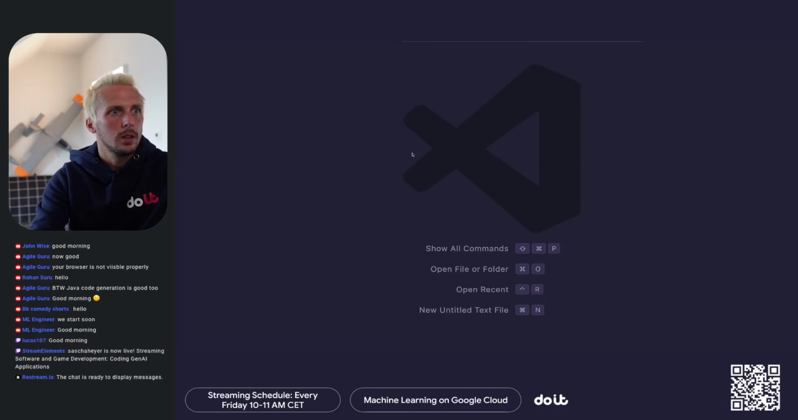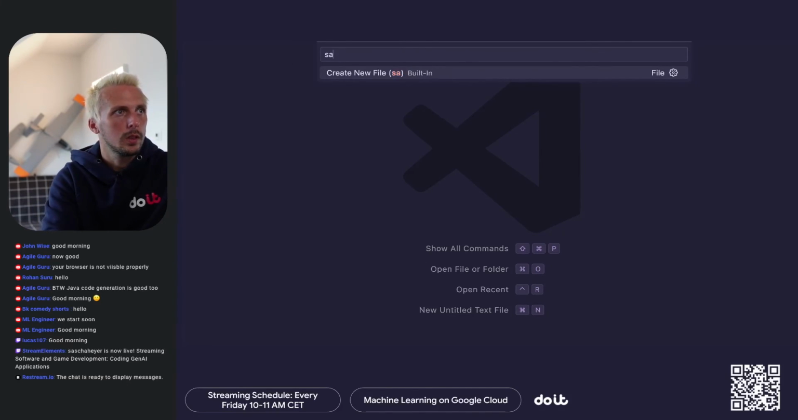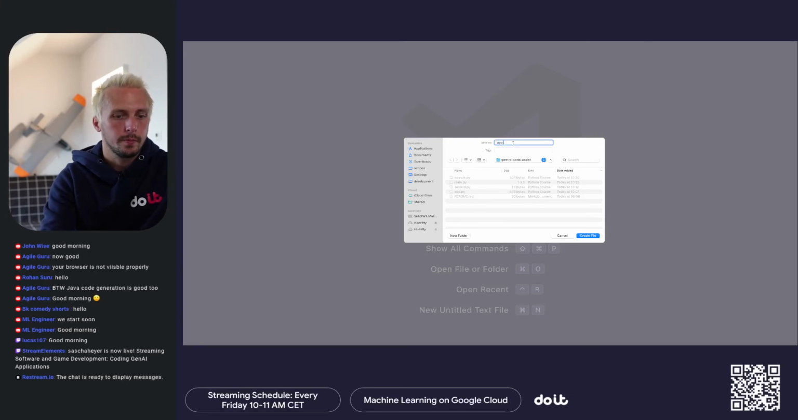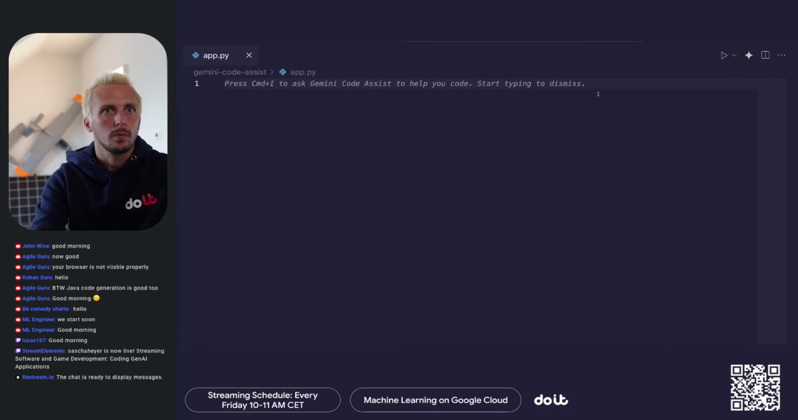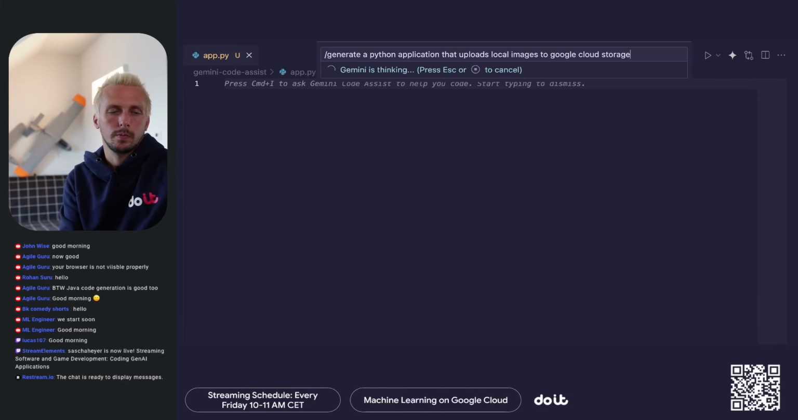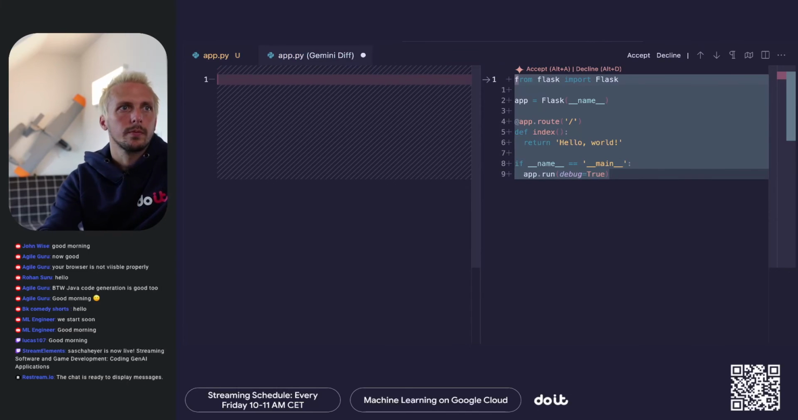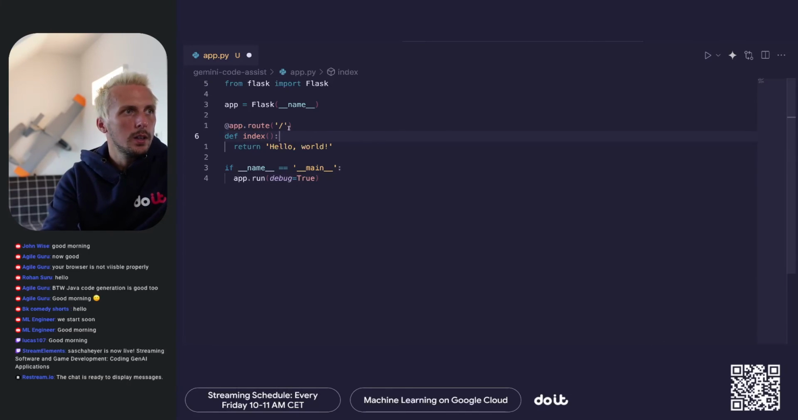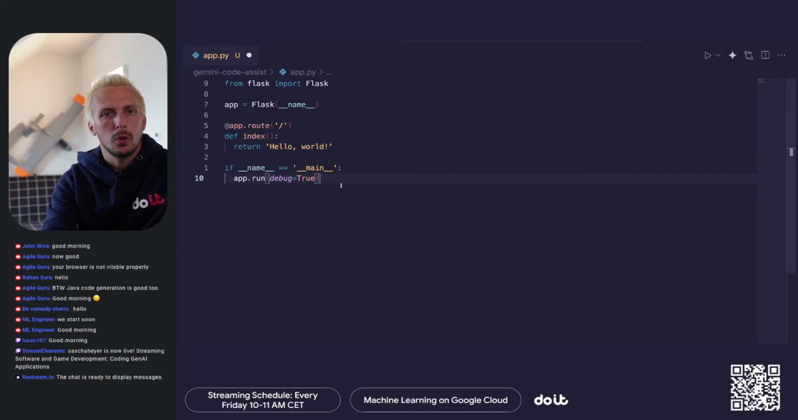So let's save this. Let's create a new file. Let's call this app.py. Oh, sorry, app.py. So we're getting this code again. Yeah, it's not in this example here, but sometimes you're getting code. It's also not generating what I asked for. Interesting. Sometimes you're getting code which is